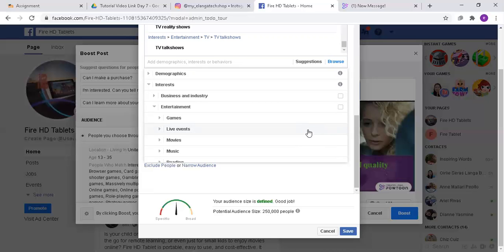Once it is submitted, it is ready for review by the Facebook admin. Later on, they will be the ones to decide whether it is approved or not.